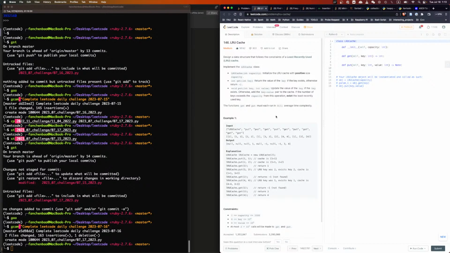LRU cache. Design an LRU cache, the least recently used. Let's initialize with positive size. Get returns the value of the key if the key exists, otherwise -1. Put updates the value of the key if the key exists, otherwise adds the key-value pair to the cache. If the number of keys exceeds the capacity, evict the least recently used